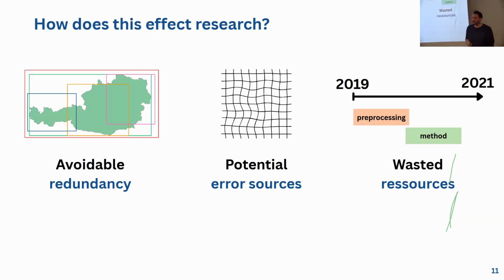If you're using nearest neighbor for resampling and not bicubic interpolation, for example, you introduce artifacts. Everyone who's done it with a terrain model and calculated a hillshade afterwards knows the nice artifacts. You see them in the hillshade. So providing people with tools or with functions which they can rely on and which have been tested in